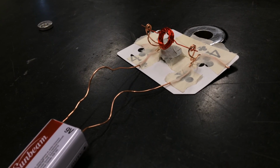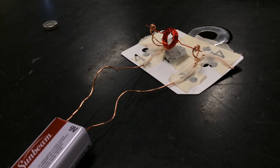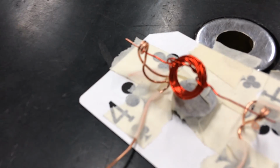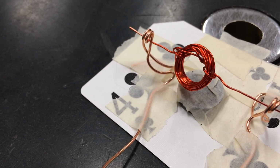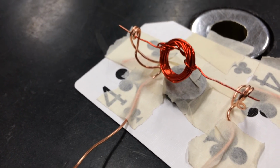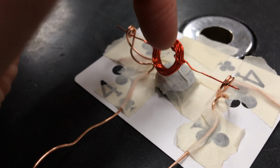I have here a very simple motor. I got the design off of SciToys.com. And as you can see, it's a 9-volt battery, some wire, a coil of wire, which looks a little bit different than the other wire. It's painted red, and a magnet, which is taped to the playing card. It doesn't look all that interesting, but when I give the loop of wire a little kick,